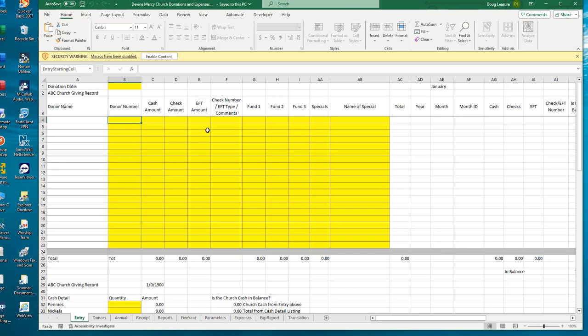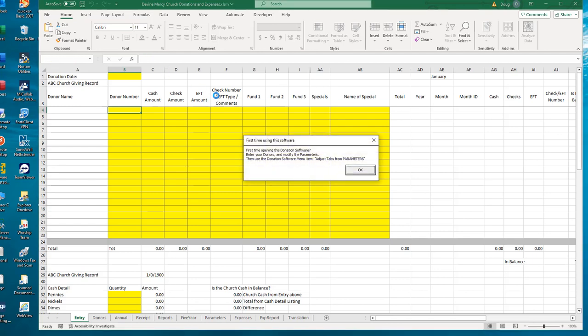Opens the file, and the first thing we get is this little security warning. Hey, there are macros in here. I've temporarily disabled them. Do you want to enable those macros? Yes or no? So we'll go ahead and click on the enable content. Now on the PC world, you do this once and it will remember that we want to enable the content. In the Macintosh environment, unfortunately, you have to click on enable macros every time you open the software. Just a little quirk in the Macintosh. All right,